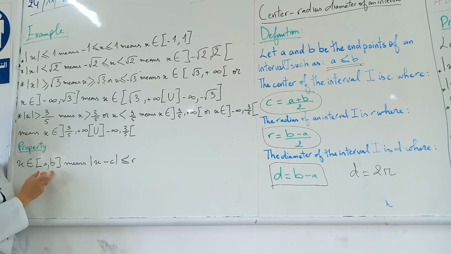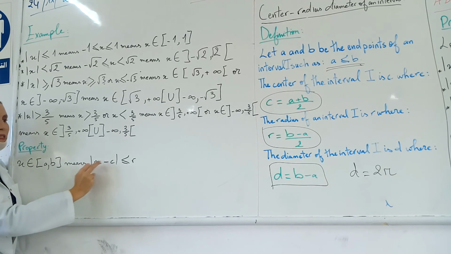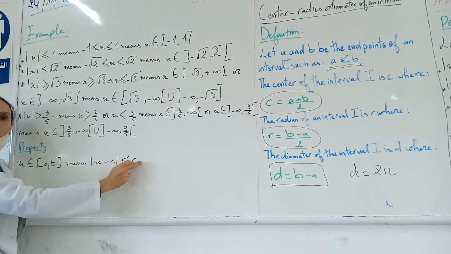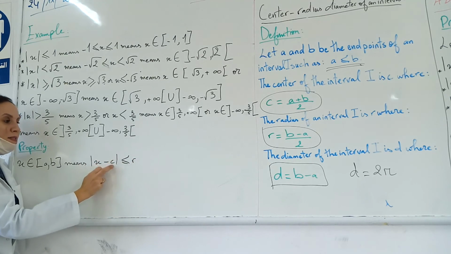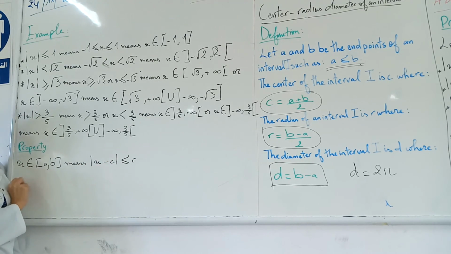Property: X belongs to [A, B] means absolute value of X minus C less or equal R, where C is the center and R the radius of the interval [A, B]. Okay, take the exercise for